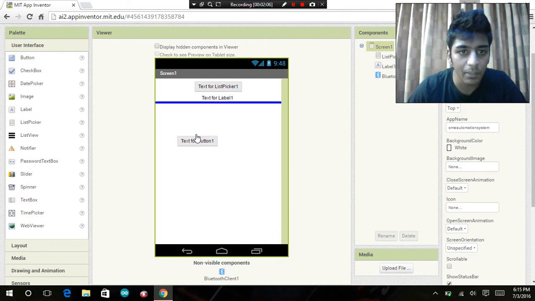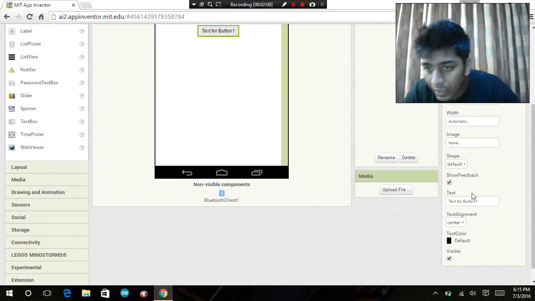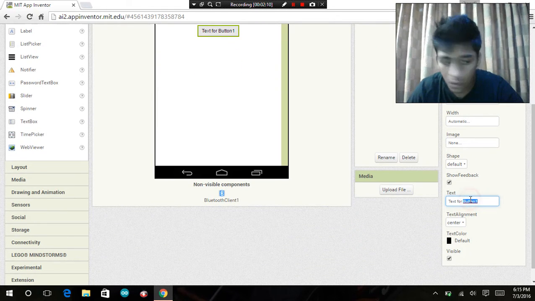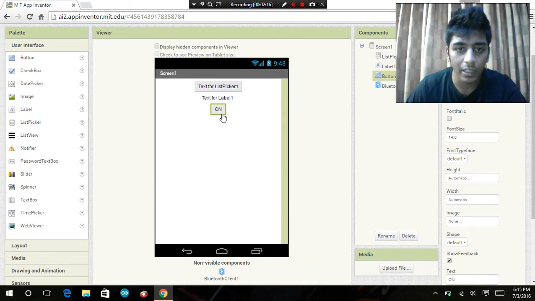So now I want a button, right? So I simply drag a button. I name this button as on, right? You see the changes are immediately reflected on the screen, I mean the screen of the application.